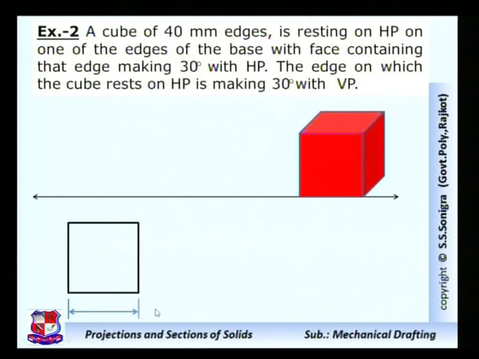Take the projections and insert the dimension, side length SQ40. It's a square, so SQ should be written. Draw projection lines from the endpoints like this and draw its front view as well. As it's a cube, its front view will also be a square of side length 40 mm. Now it is given that